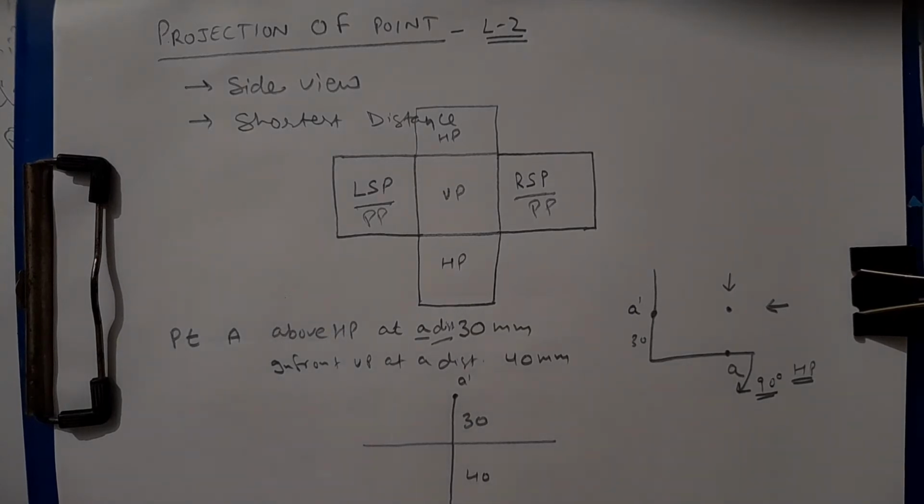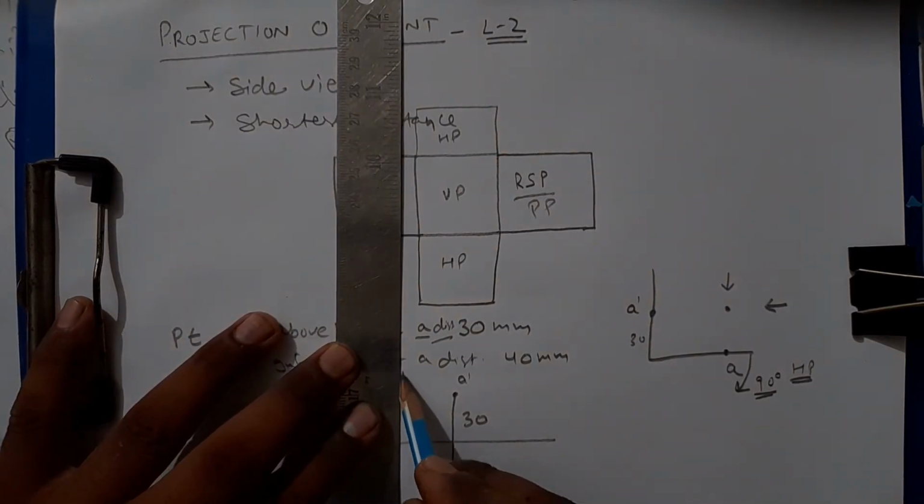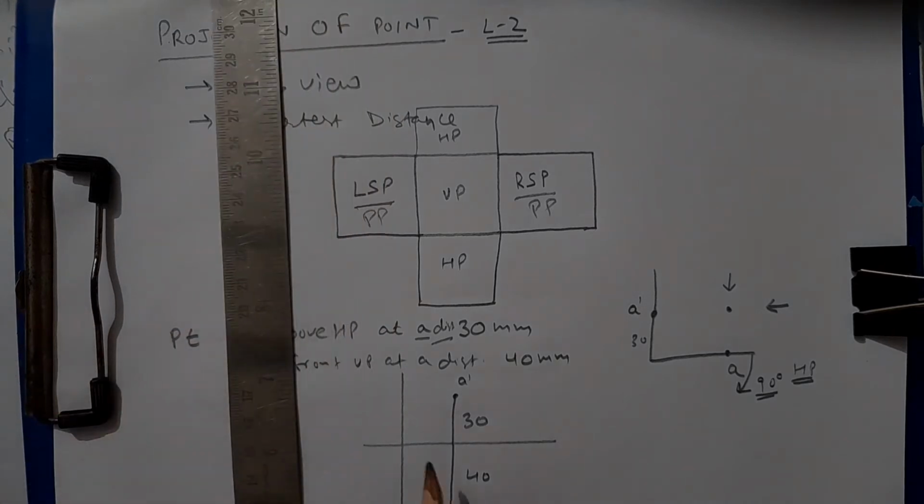Now the line joining the vertical plane, that is the front wall of your room, and the side wall, we are taking on the left side. The line joining that, we are plotting as a vertical line. You can take any distance. Here we are taking 20 mm. It will not impact anywhere.